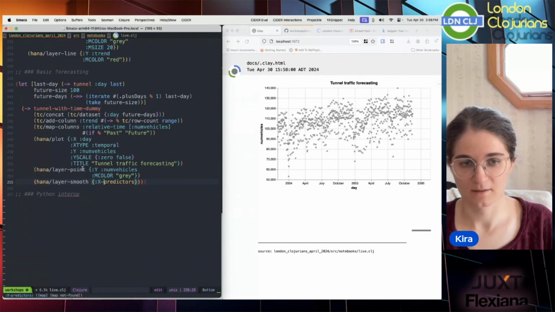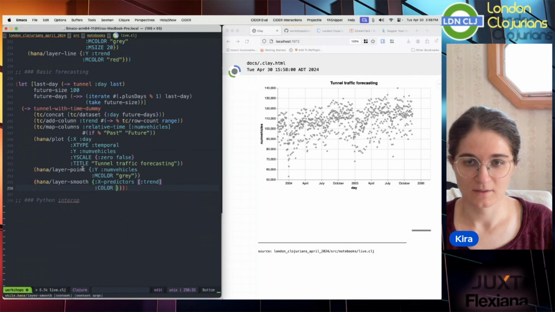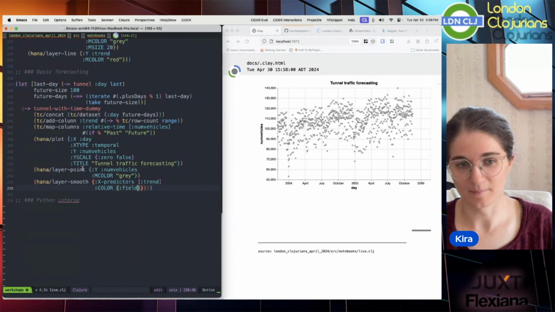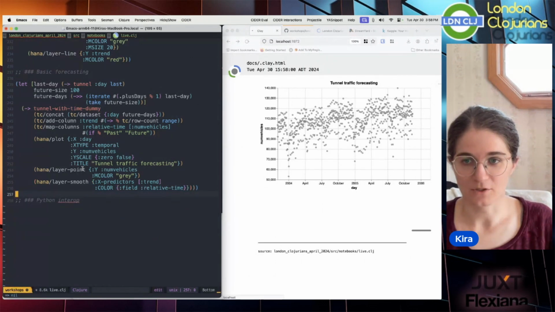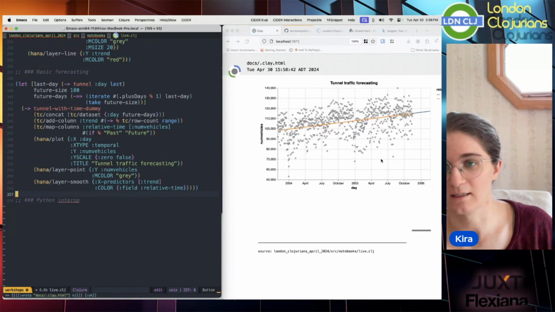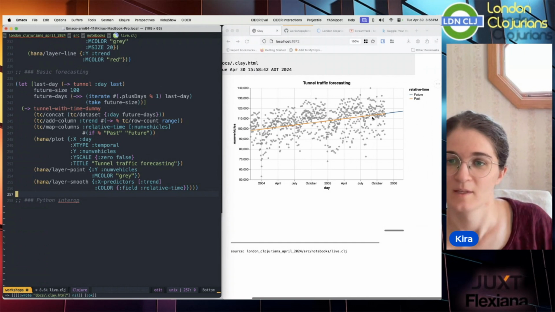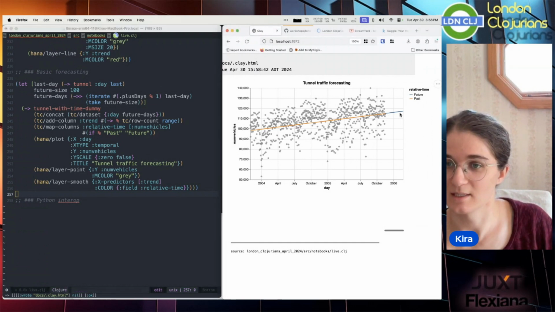This is super exciting to me. We can tell it to group the fields by this relative time column that we added, and then it should give us a chart where we've got past values and predicted values going forward,